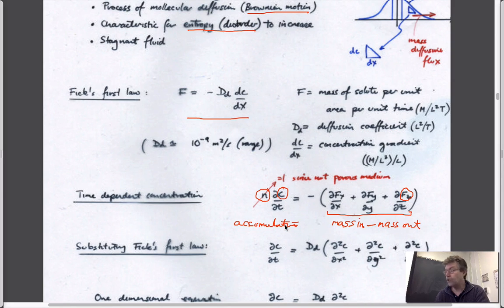So if you wondered why we talk about these things in fluid mechanics, this is the basis of all hydrology and mass transport. So you have a bucket: the amount going into the bucket minus the amount going out of the bucket has to be the amount that accumulates. And this is just the way to write it in a differential way,